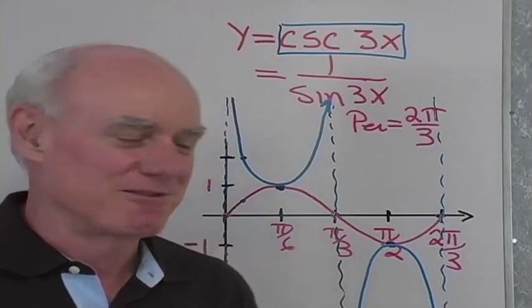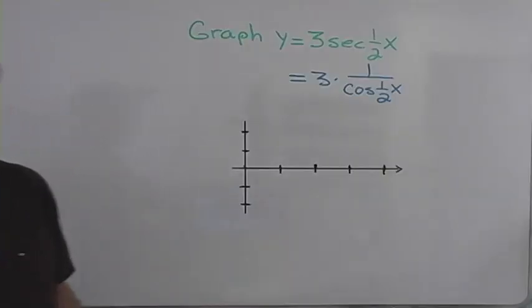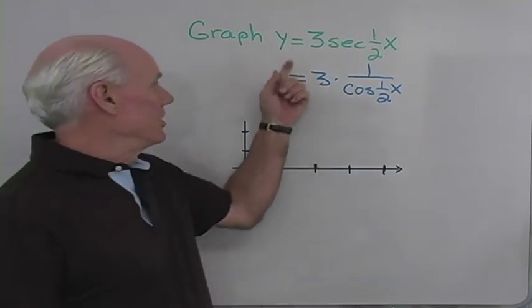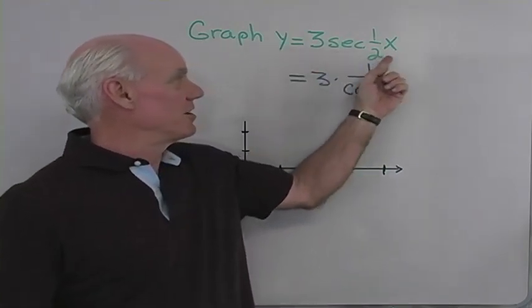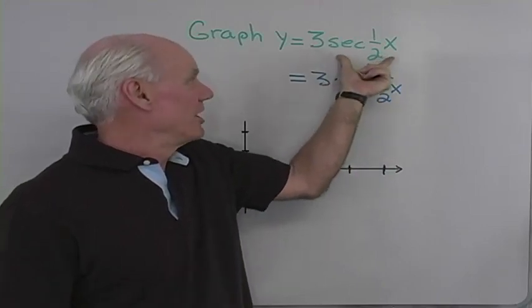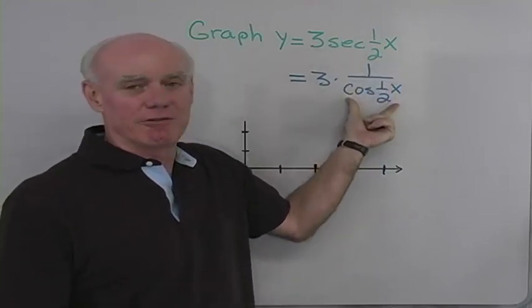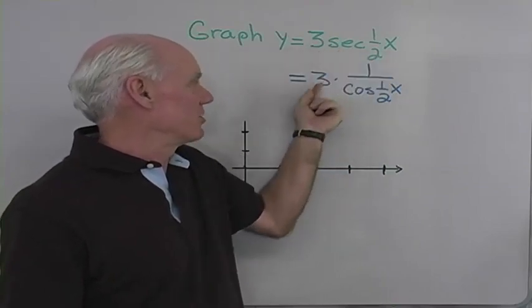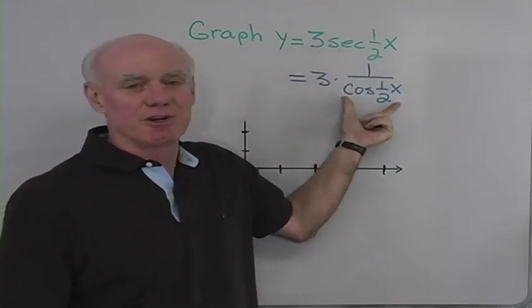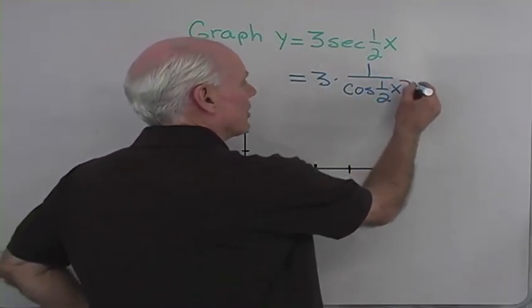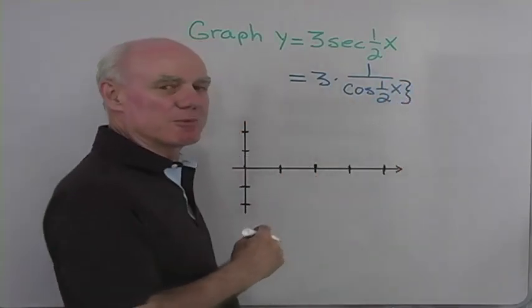Let's look at some more graphs. Okay, this function is y equals 3 secant 1/2 x. So I did a little bit of algebra right here and just wrote the secant as the reciprocal of cosine. So the 3 stays out in front. It's 3 times the secant, so it's 3 times the reciprocal of cosine 1/2 x. Well, let's see, I want to just graph this function right here, and then I'll take its reciprocal, then I'll